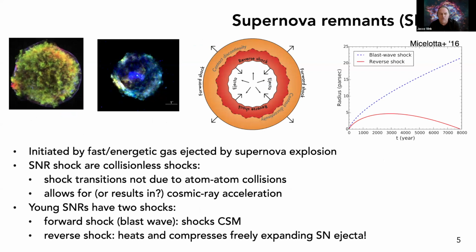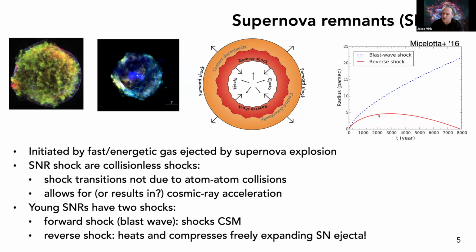Now, a little bit about supernova remnants. Of course, these are the sort of debris of supernovae, but it's actually much more. It's created by the shock wave generated by the explosion. The shock wave sweeps up a shell of hot material, but at the same time, there will also be a reverse shock going back into the ejecta. So the outer ejecta are a sort of piston, and the hot piston at some point will drive a shock wave going back, which we call the reverse shock.